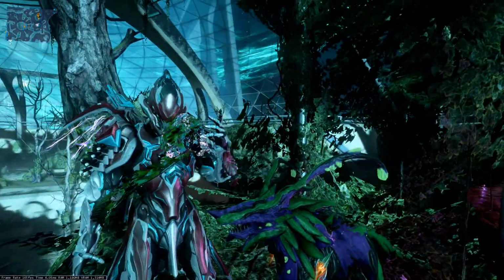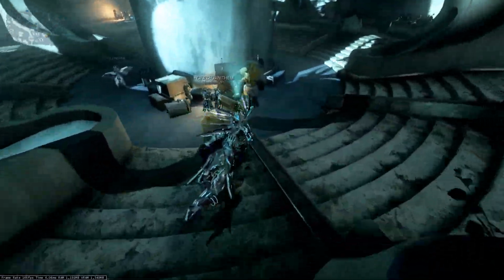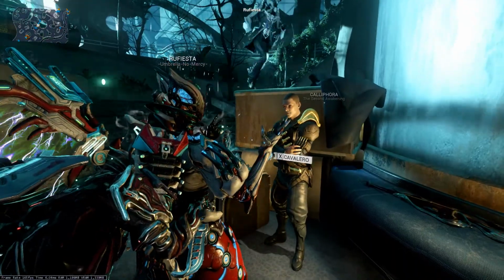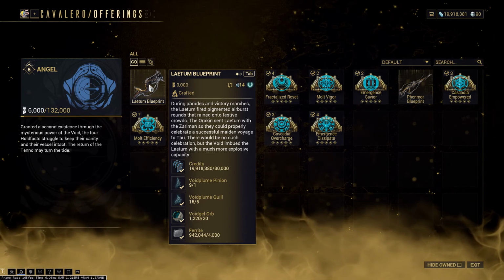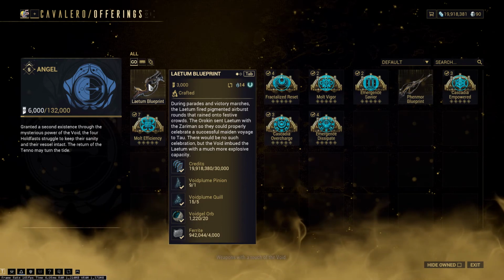Today we'll have a look at the first weapon you get from the new vendor here in the Zariman. Well, it's not new anymore, but he is called Caballero. After you finish the quest, you'll be able to buy this weapon, which is the Laetum. This blueprint will cost you 3000 standing, that you will easily get the first day, and also to craft it